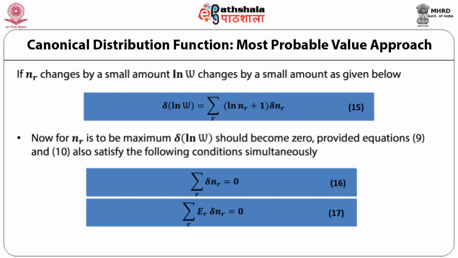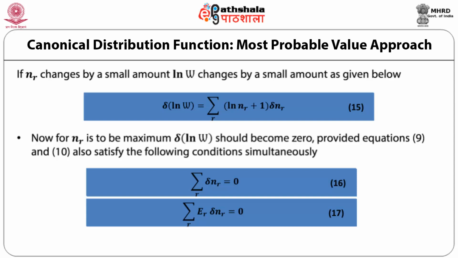If NR changes by a small amount, log of W changes by a small amount also, which can be written as delta log of W is equal to summation over R log of NR plus 1 multiplied by delta NR. Now for NR to be maximum, delta log of W should become 0, provided equations 9 and 10 also satisfy the following conditions simultaneously. That is, summation over R delta NR is equal to 0 and summation over R ER delta NR